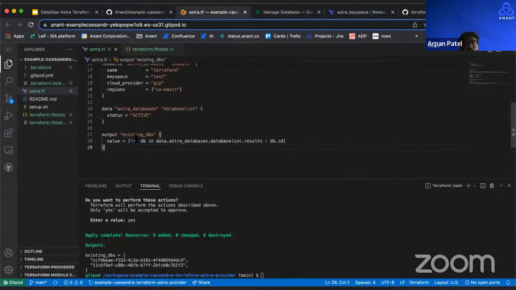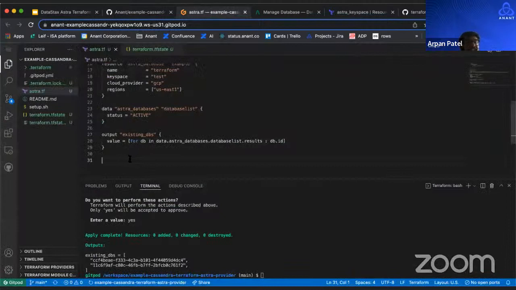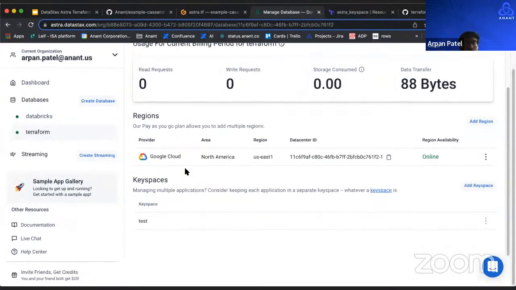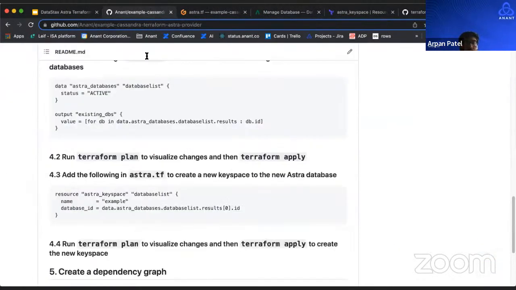Now if we move on to the next section, which will be to create a key space in the newly formed Terraform database, what we're going to be doing here is using a resource, Astra key space, and we're just going to call it example. So looking back here, currently we only have test in our Terraform database. And if we go back to the code,